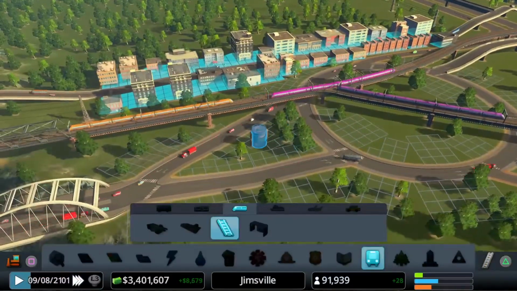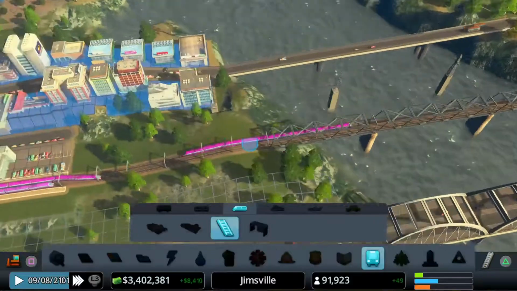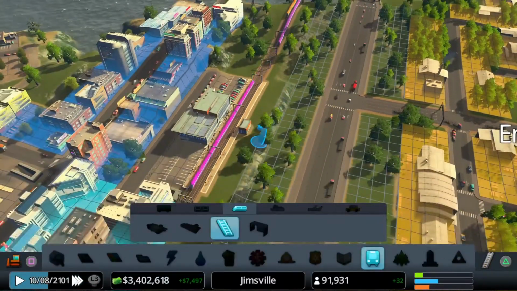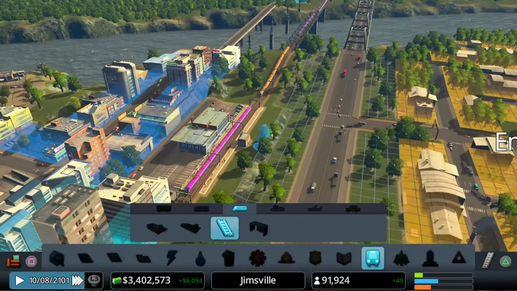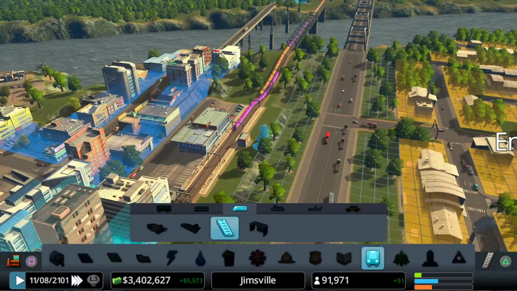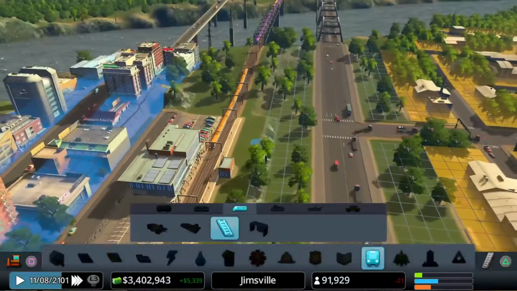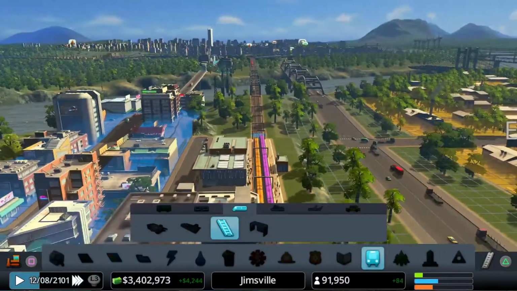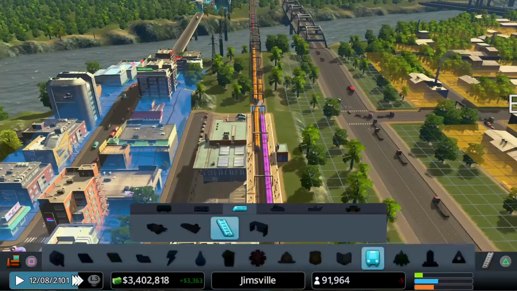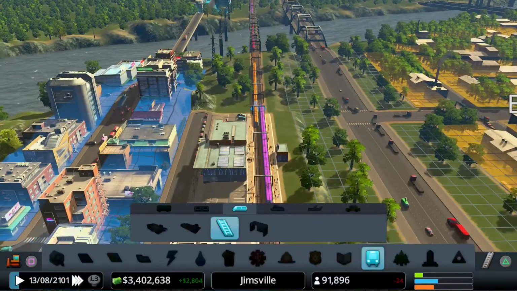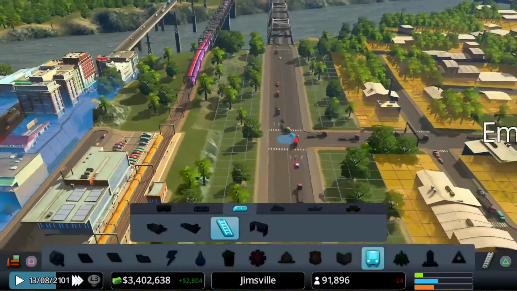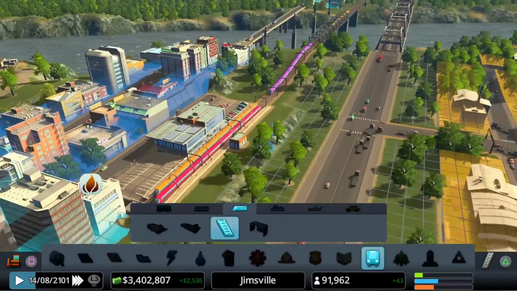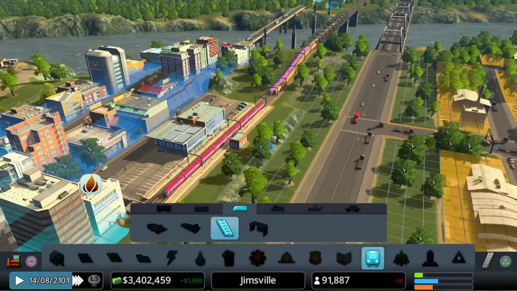How are we looking over here? A little bit busy. We have got quite a few lines coming into this station, and they're all using the same track, by the look of it, the same platform. Come on, Pink, go into this line here. Yes, there we go. And that one's pulling as well. Excellent. So they are kind of getting a little bit held up, but they are using alternate platforms.